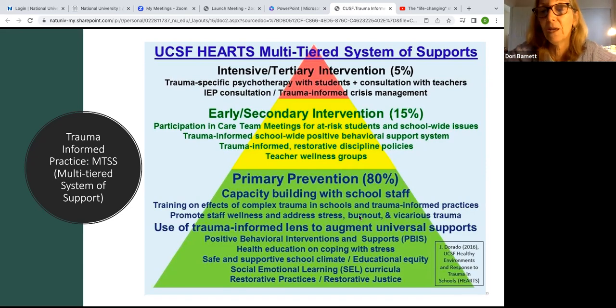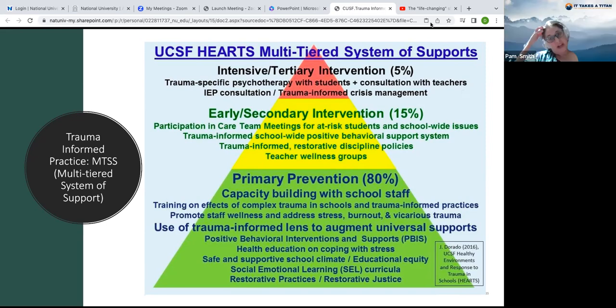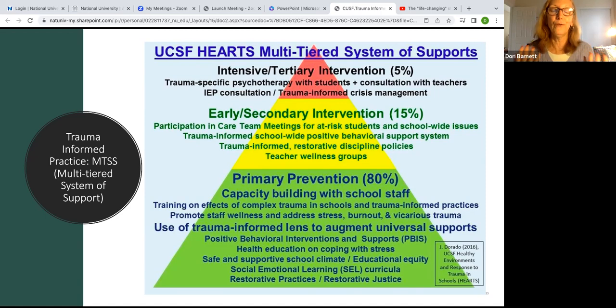Why might addressing staff stress and wellness also be a trauma-informed approach? Any ideas on that? Because when we're agitated, we transfer it on to our students with spillover. Exactly. If we can approach things in a calm and reasonable manner, we can expect our children to model our behaviors. Wonderful, thank you. So when we're introducing social emotional learning and mental health for students, we also want to make sure that those programs are available and that staff are modeling the same characteristics.